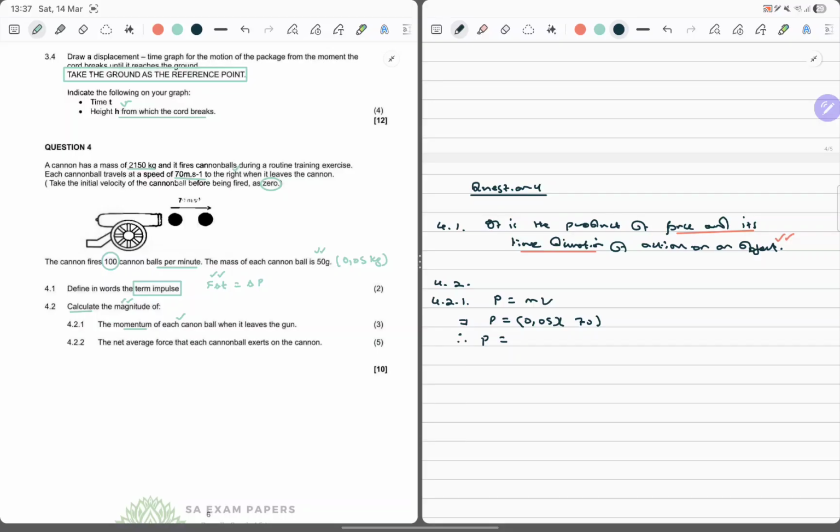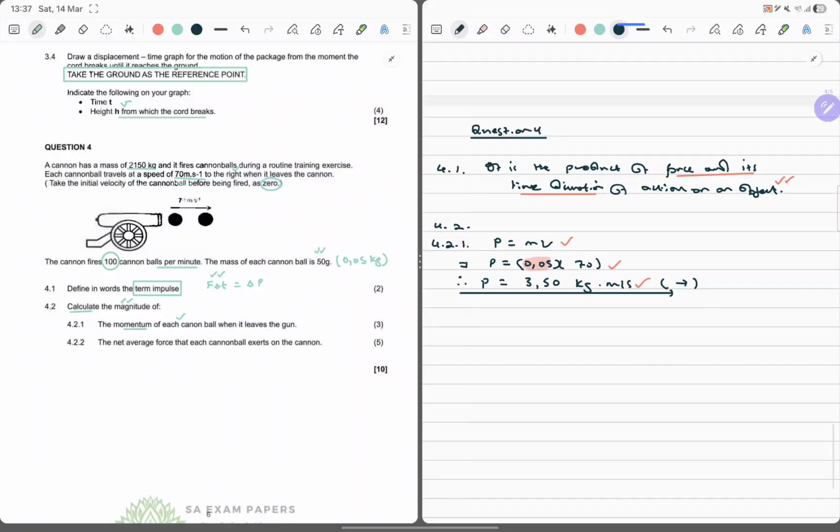So this is just 3.5. Remember, 2 decimal places or no decimal place. 3.50. This is kilograms meter per second. Now, of course, this is positive, it's to the right, but nobody cares about direction at this point. Whether it's wrong or right, it doesn't compromise anything. Simple. Maybe the mark here is for the conversion because you wouldn't see it coming. This should be 2 marks otherwise. Anyway,